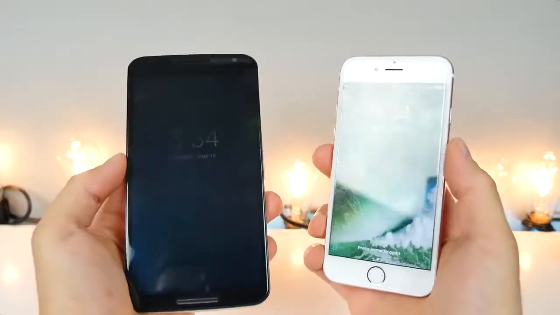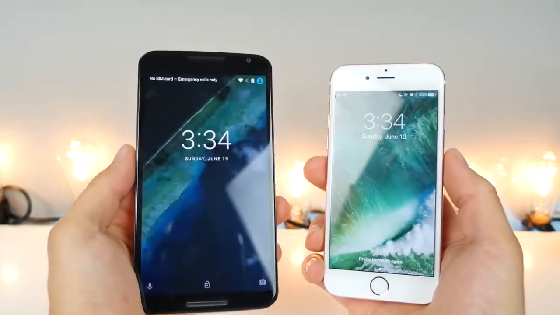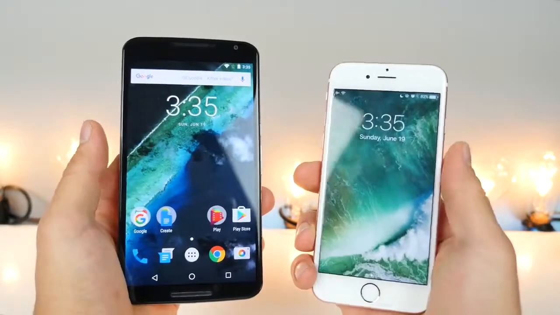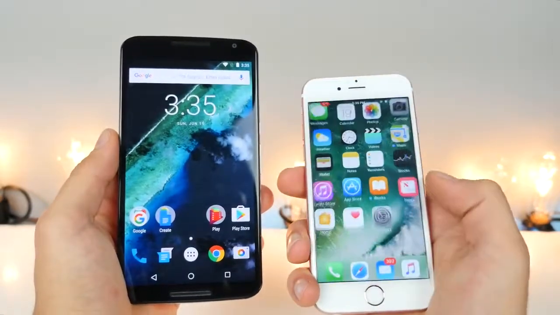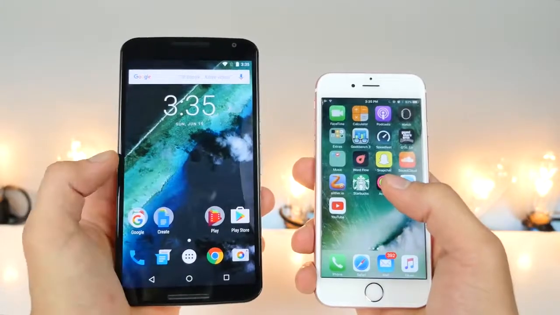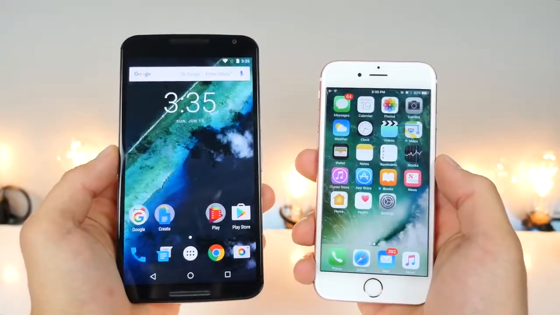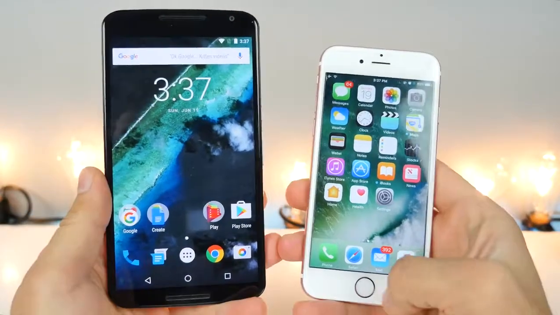It's honestly really a game of catch up between the companies. They seem to be acquiring features from each other. First off, Raise to Wake is available on both. Android's version is a little better: Contrast Wake, which is basically a dimmer version. It's easier on the eyes and better on the battery life. But really, these firmwares look so similar now, especially with all the widgets being added to iOS, even the wallpapers